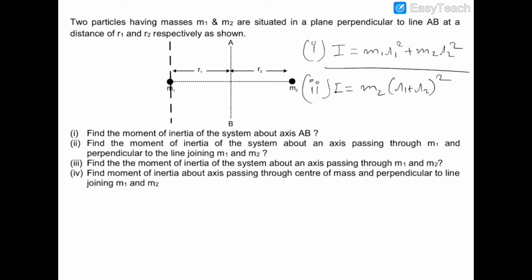Because the moment of inertia of m1 would be 0, because this axis is passing through m1 itself, so the distance of m1 from this axis would be 0, and hence the moment of inertia about this axis would be the moment of inertia of m2 only, and m2 is situated at a distance of r1 plus r2 from this axis, so its moment of inertia would be m2 into (r1 plus r2) whole square. Now in the third part